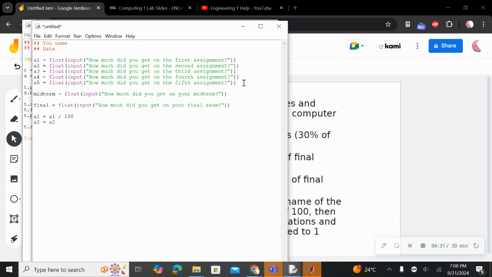A2 is equal to A2 divided by 100. This means that once we divide these by 100, we can later multiply them by 6, because 30 divided by 5 is 6. Now I'm going to finish this, and there's 2 ways to do this,